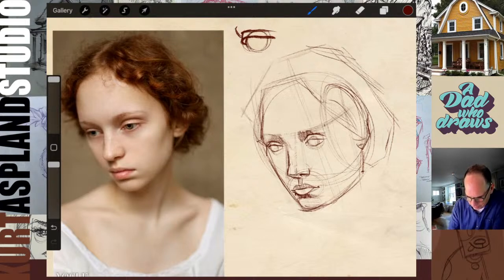All right, let's get these pupils in. I'm going to make it much smaller than what I originally had here. I'm going to put a light tone in them right now. And then her pupil is just dark.